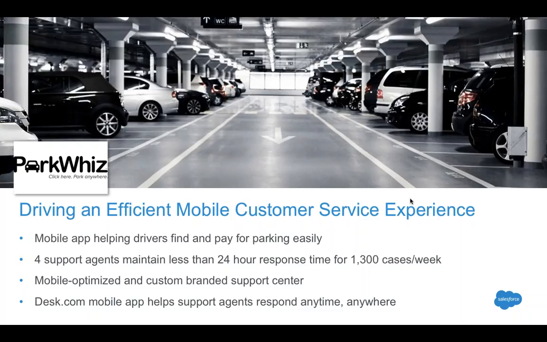But notice the number of cases that they receive a week. It's over 1,000 cases that 4 support team members are handling. So we're seeing a trend here. We have these amazing customers, but they're receiving a lot of cases, but their support team is not a team of 50 support agents or 100 support agents. These are team members that have less than 20 or 30 support team members, but able to work on abundance